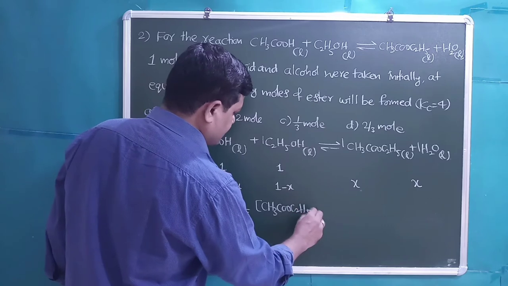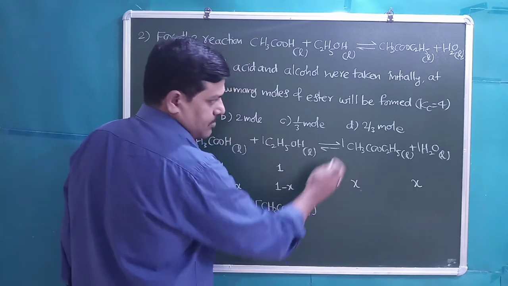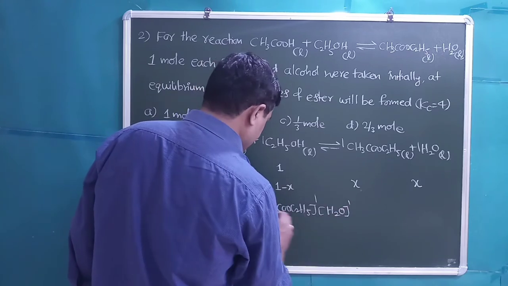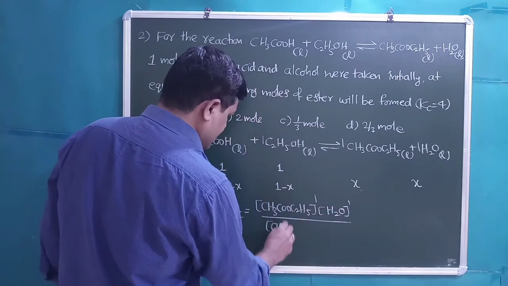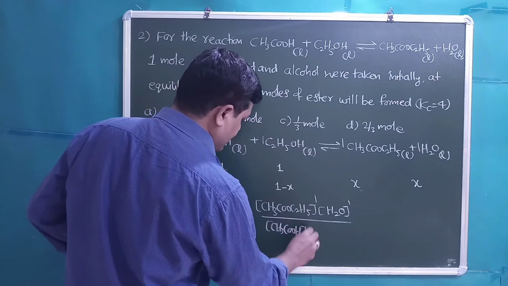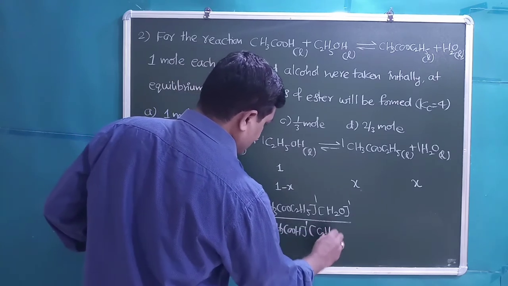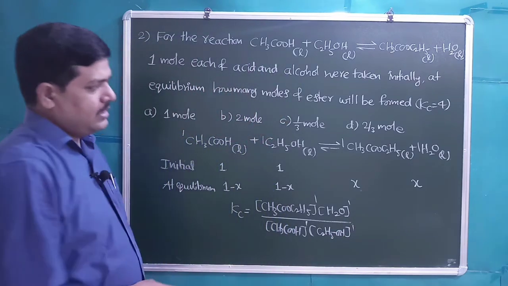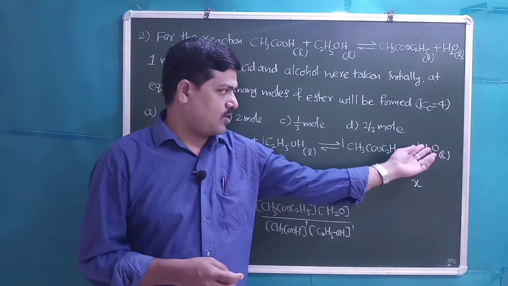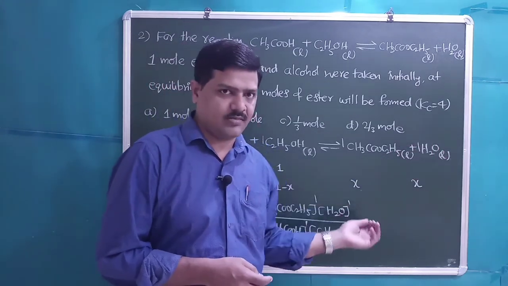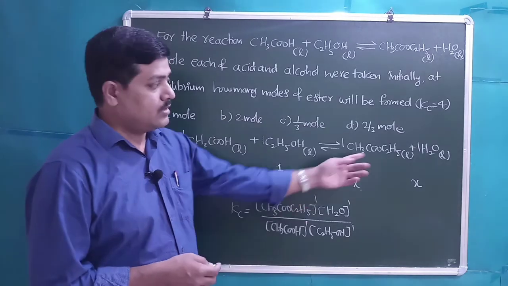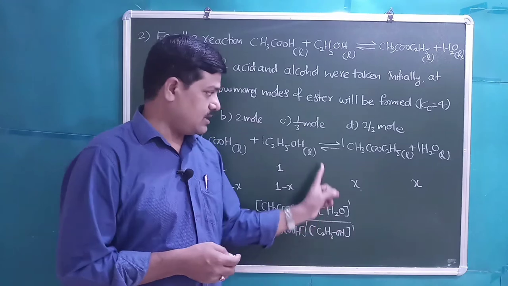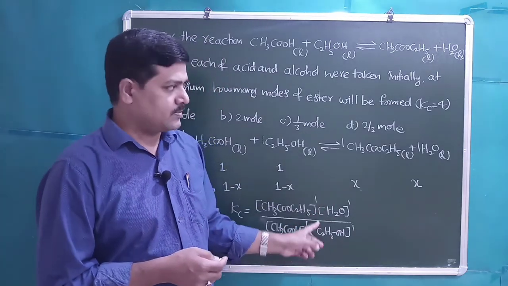CH3COOC2H5 raised to the power of 1 (stoichiometric quotient) and H2O raised to the power of 1, divided by CH3COOH raised to the power of 1 multiplied by C2H5OH raised to the power of 1. Students, generally when water is present on the product side, we should consider it in the equilibrium constant expression. When water is present on the reactant side, generally we won't consider it in the equilibrium constant expression, because